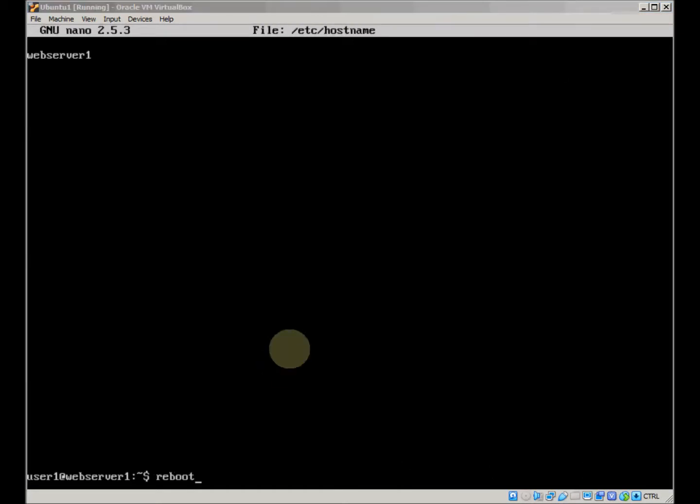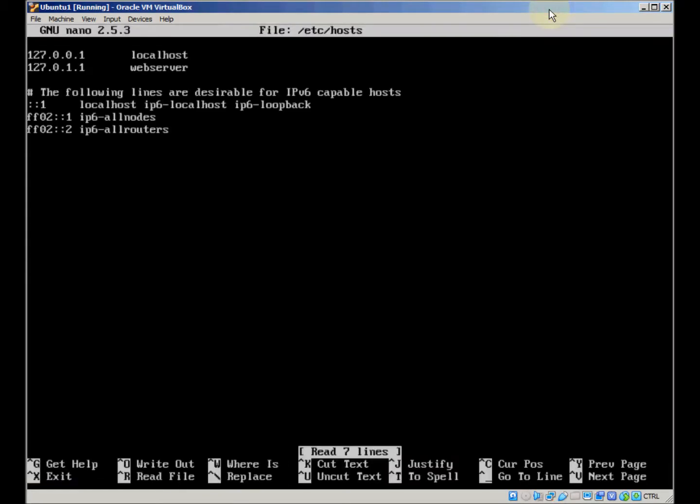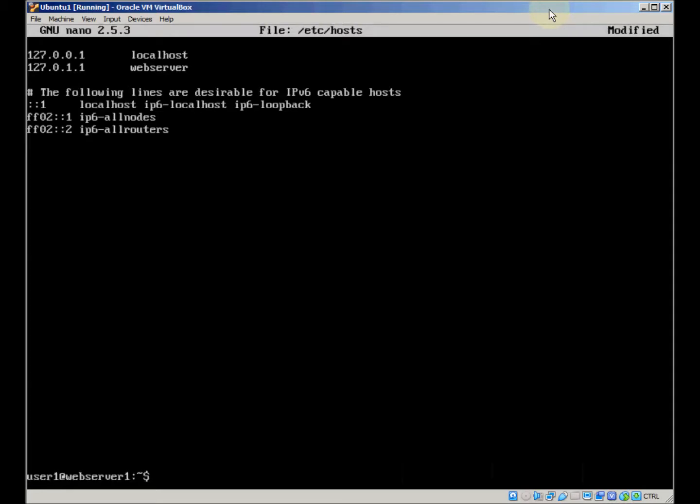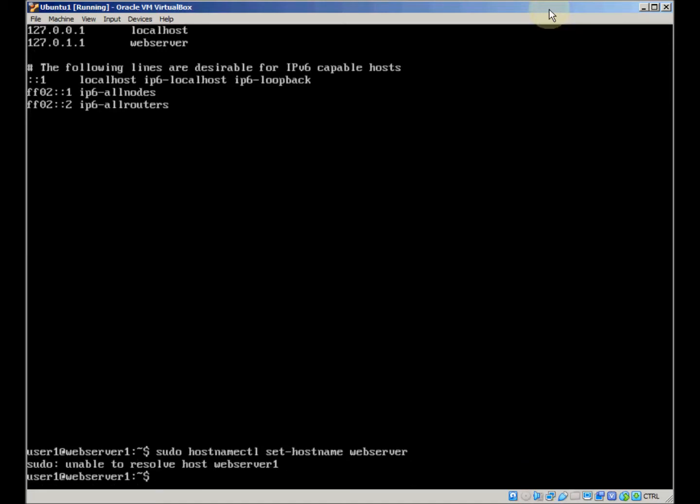And we go back into our hosts file. We can see this one still says web server, so we're going to change that to web server 1. However, I want to keep my server called web server, so I'm going to exit out of that. I'm not going to save any changes, and I'm going to run my hostnamectl again, and I'm going to call it web server. Set hostname web server. Okay, and basically, if we do a reboot on that,